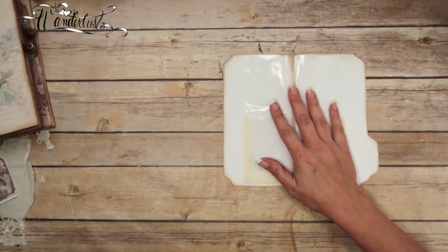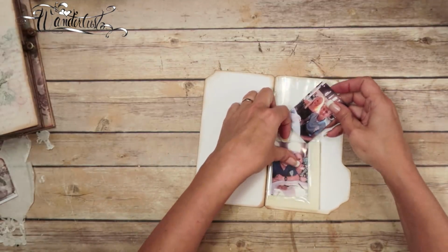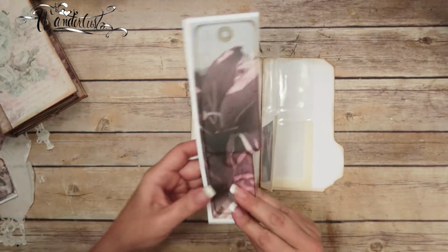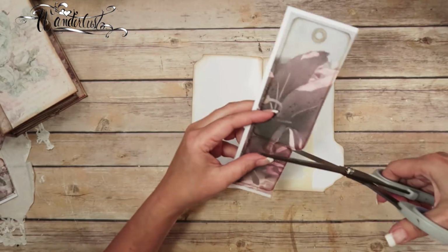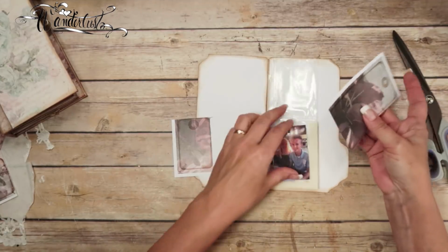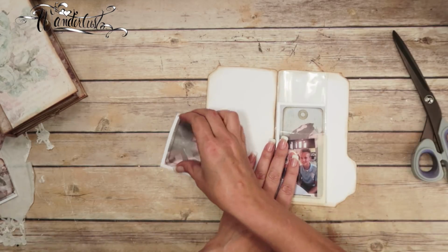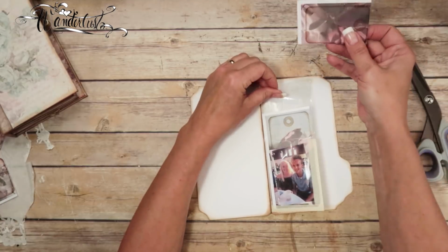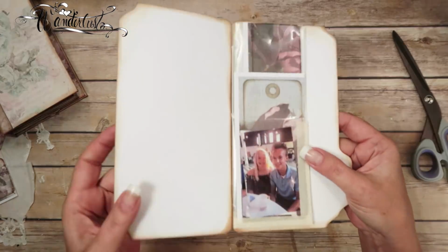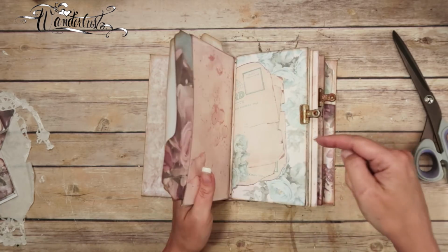So what's cool, what I thought we could do with this kind of space, so, you know, there's a pocket. We could hold, like I want to do a journal with these pictures from a wedding we went to, or even these from this page that we just cut apart. Will it fit in there without me cutting it in? Yes, those will fit in here. So if I wanted to use these as embellishments for this page, I could just stick it all there together like that,